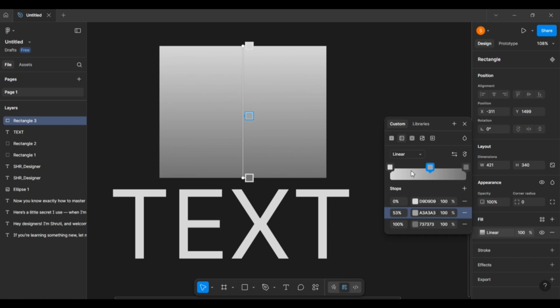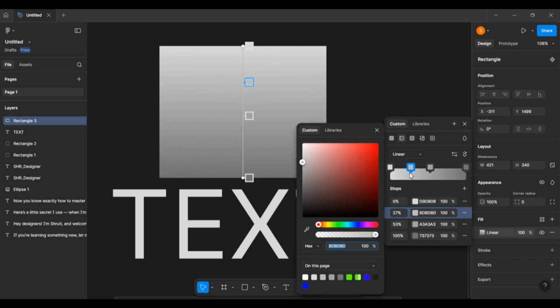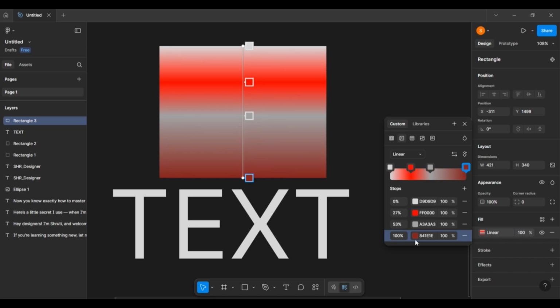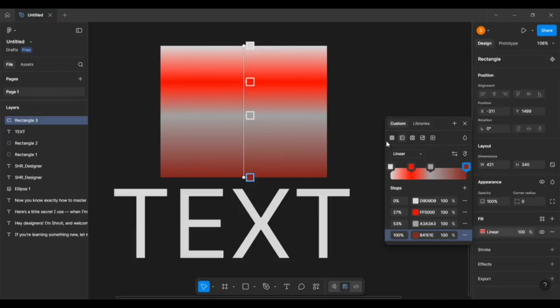If you want to add another, you can just click over here and you will get one more. If you need another, you can click over here again. So this is basically the gradient. If you want to change the color, click on the rectangle box and change the color. Play with all of these, and we will get to know how it works.